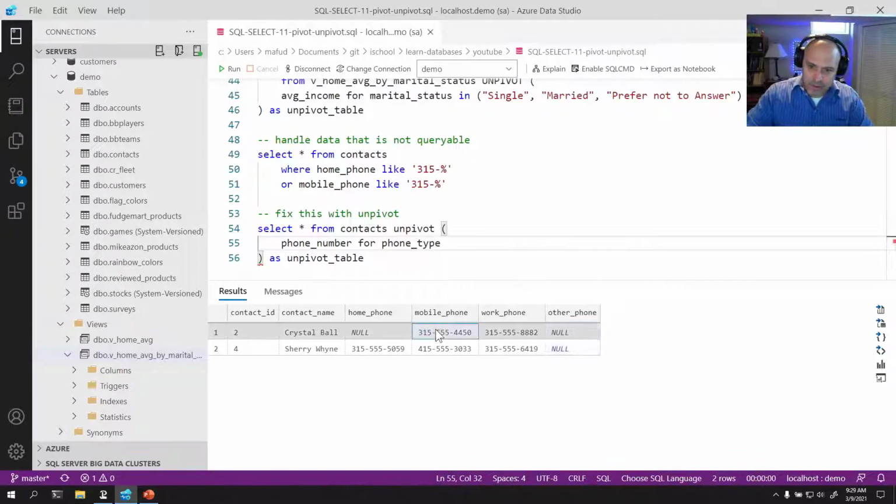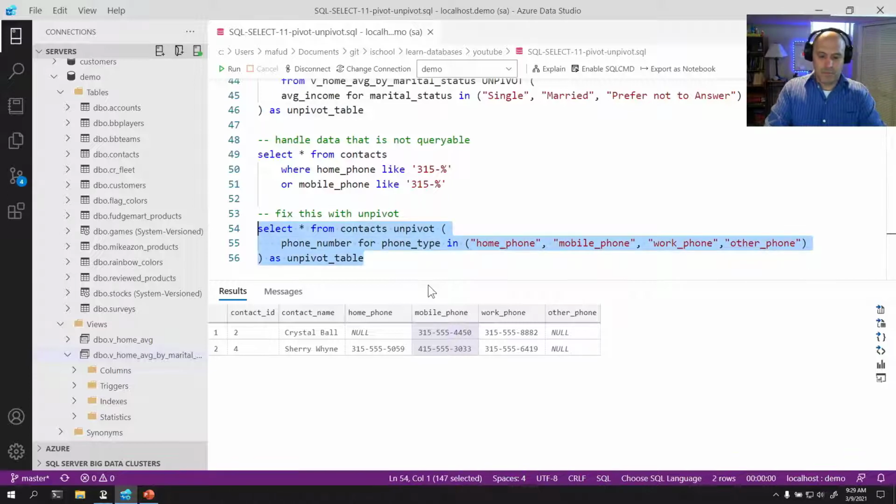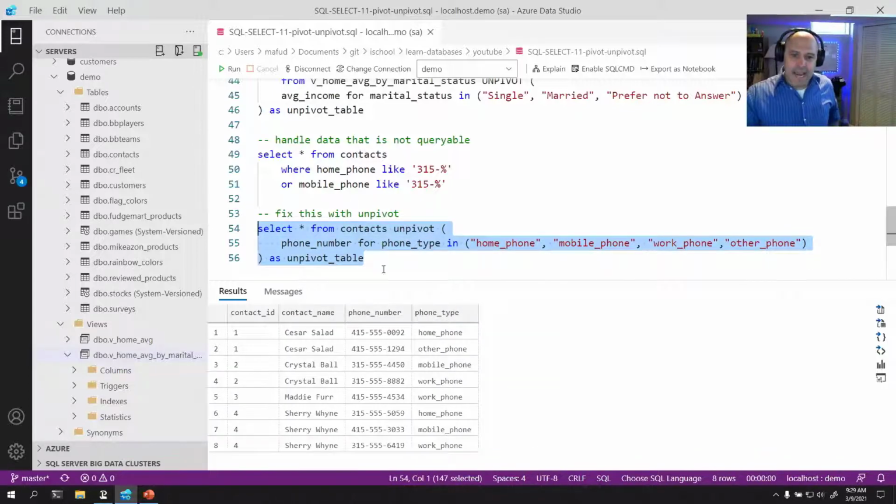Right? That's a phone number. This is a phone type, mobile phone. Right? These are columns that are going to be generated. And then you put in the set of values. So I want to use home phone, mobile phone, work phone, and other phone. Now I get a table